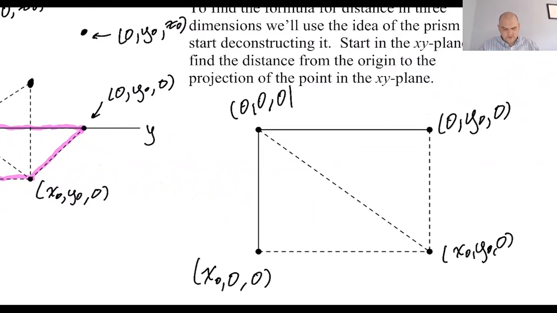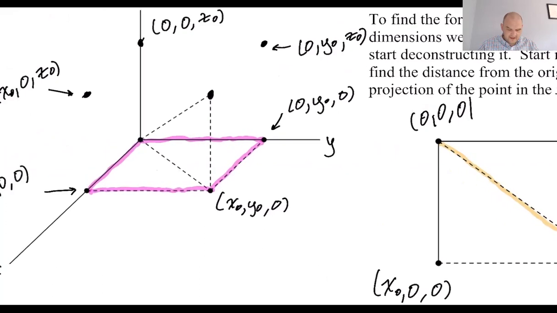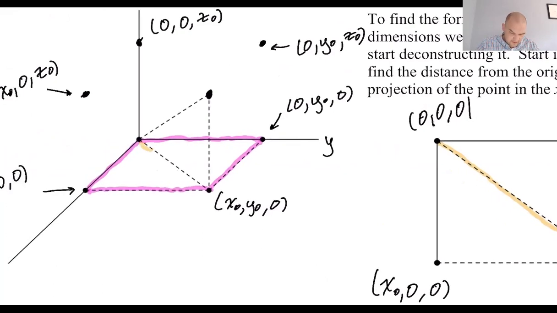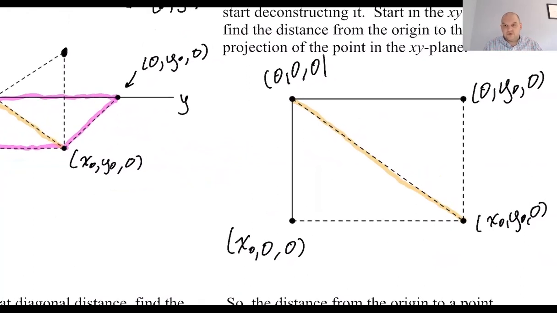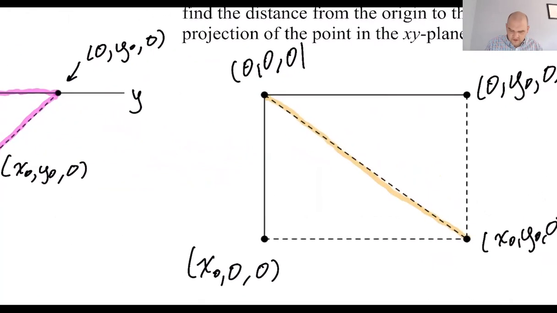Okay, so what I now want to find, let me use this color, I need to find this. And so what does this correspond to in our picture to the left? It corresponds to this. And if you're thinking to yourself, I've seen that before, it comes up all the time, right? That's what we called R in polar coordinates, or the hypotenuse of a triangle. So the length of this, I'm going to call it R for now,